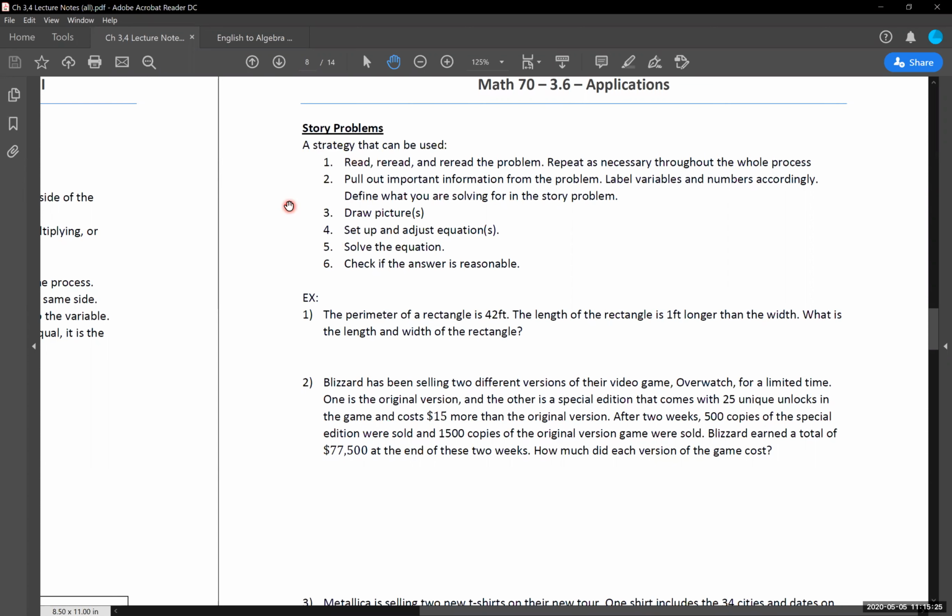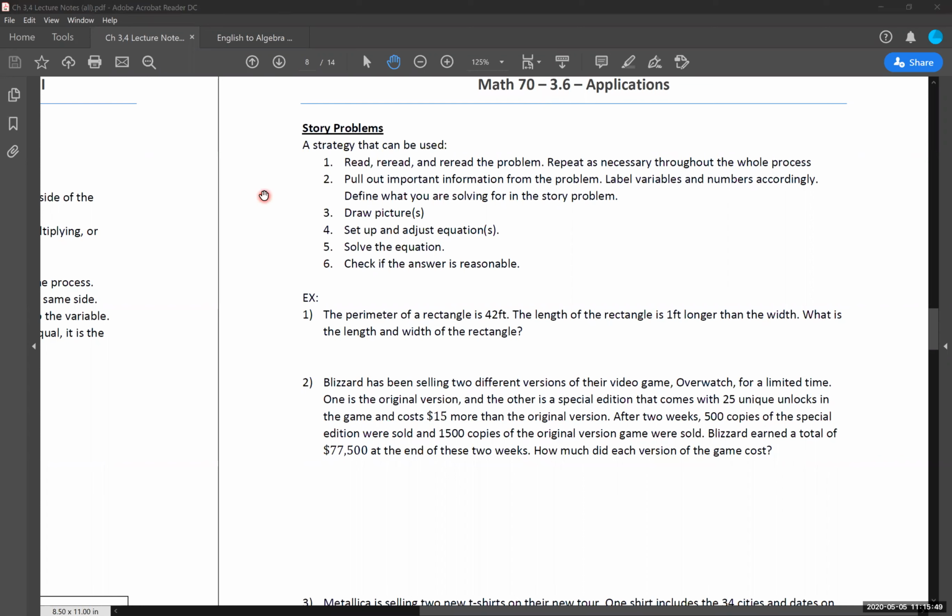It's all understandably difficult, and I get that, which means you should not be rushing your process. You should not be just quickly flying through it, thinking, okay, I've read it once, I'm just going to make an equation and go with it. Don't be doing that. We want to work up to being at that point. But if you're not at that point right now, that's fine. Just be aware of that as you're going through and solving these things.